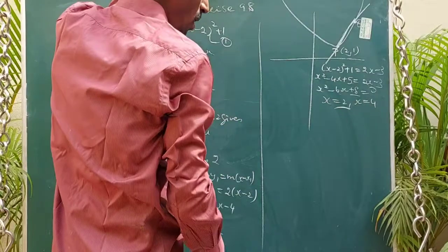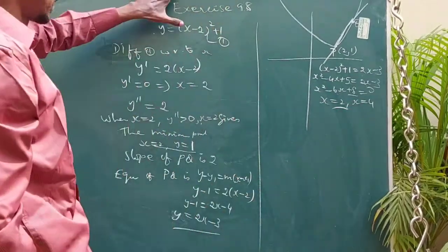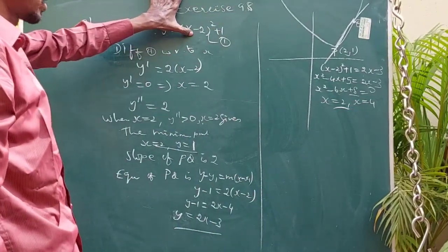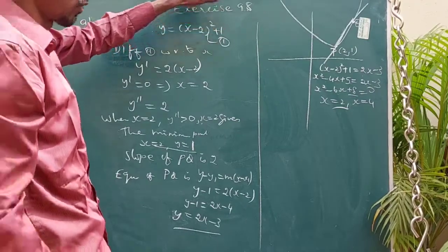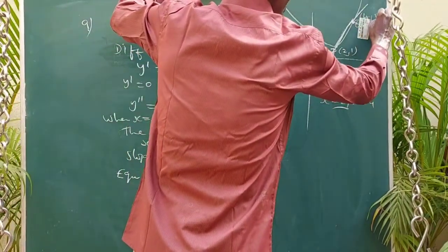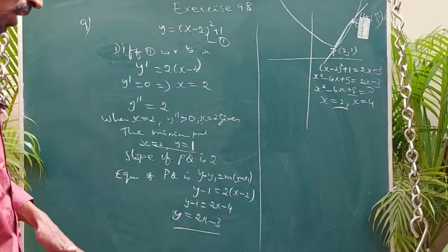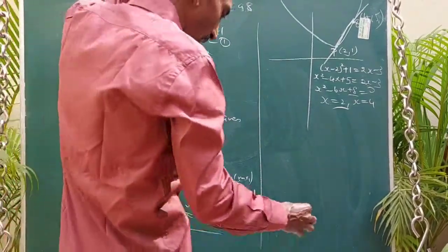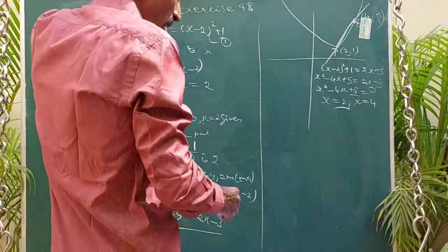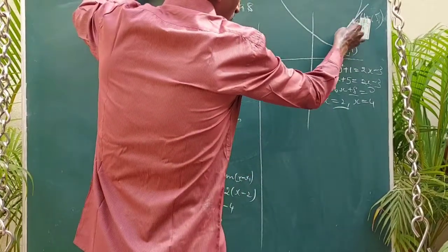Already it is 2 comma 1. If x equal to 4, put it here: 4 minus 2, 2 square is 4, 4 plus 1 is 5. So this point is 4 comma 5. Q is 4 comma 5. Are you clear? Now our aim is to find out the area of the region bounded between the parabola and the